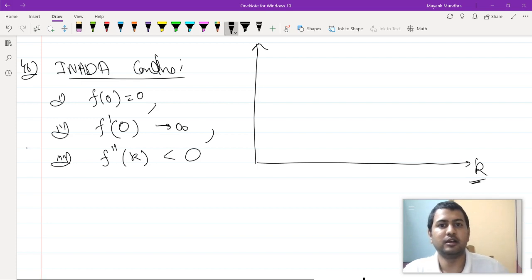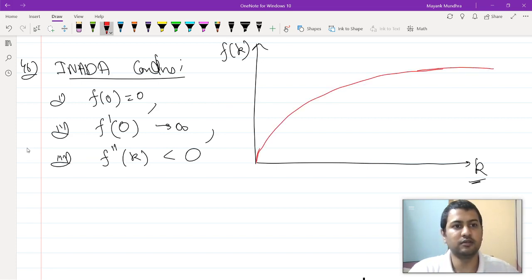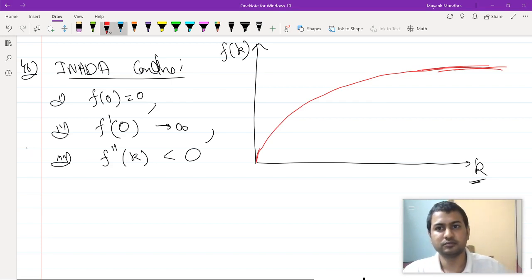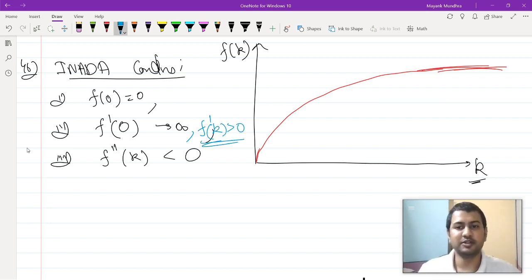capita capital and output, GDP per capita f of k, when you plot the curve, it will look like this. It will start from infinity and then its curve is going to be concave in nature. It's always going to be positive. There's also one condition, f prime of k is positive. So f prime of k is always positive, but f double prime is always negative. So it's always going to be increasing, but it's going to keep on decreasing in its slope.